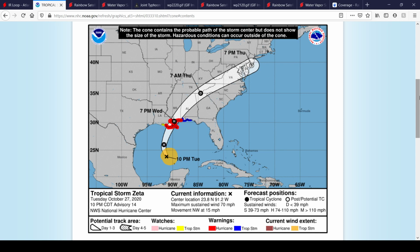And the current movement of the storm at this point in time is to the northwest at 15 miles per hour. But like I said, it's forecast to increase in forward speed. So don't be too surprised if you see this rising throughout the night in terms of its forward speed. And of course, hurricane warnings are in effect for southeast Louisiana, pretty much all of Mississippi, and then tropical storm warnings are in effect for pretty much all of Alabama, the coastal Alabama, and then parts of the Florida Panhandle,